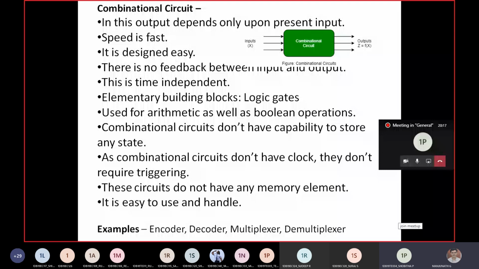Okay, fine. This slide will tell you a complete thing about your combinational circuit point by point. I have made point-wise bullets. If you remember this much, a complete explanation of combinational circuits will be easy for you to remember. As the first point, you already got it, and the speed is faster. Can anyone tell me why the speed is faster here? Why is the speed faster?